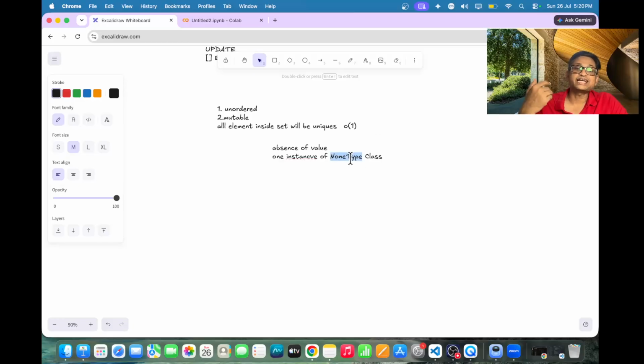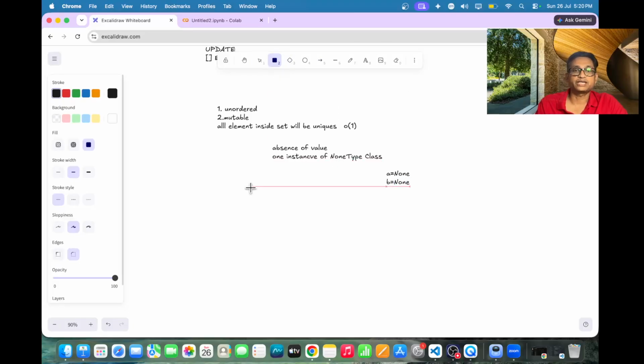So whenever we assign, suppose a is equal to None and b is equal to None, it does not create two copies of the NoneType object. It will create only one object of the NoneType class